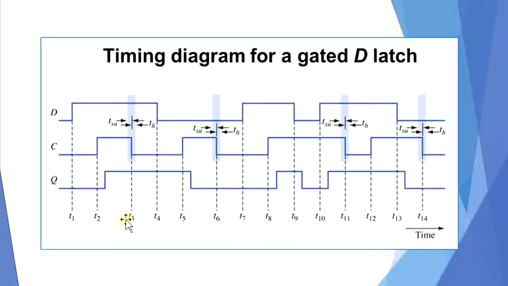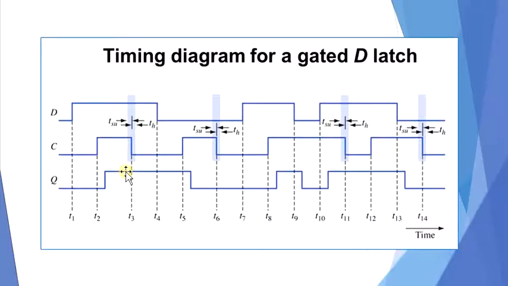Consider the times T3, T6, T11 and T14. At these times, the enable signal is returned to 0, causing the output to latch onto its current state. You can see that when it changes from logic 1 to 0, the output of the latch is still in the current state.